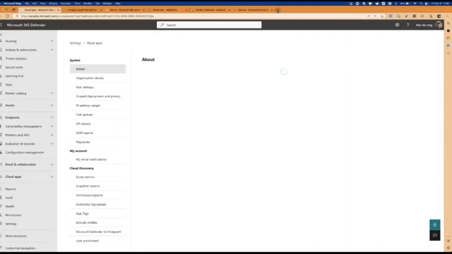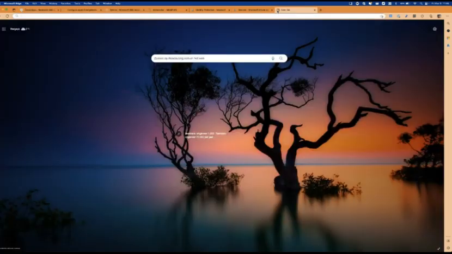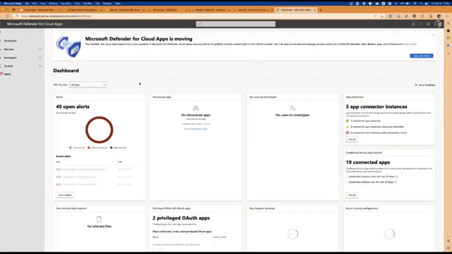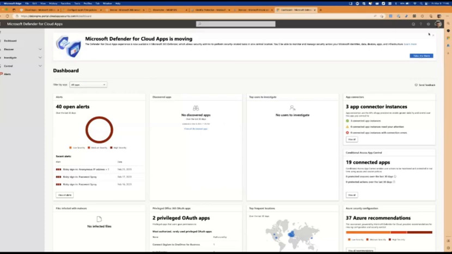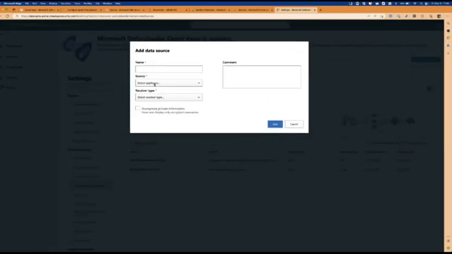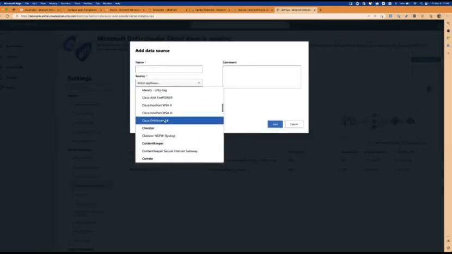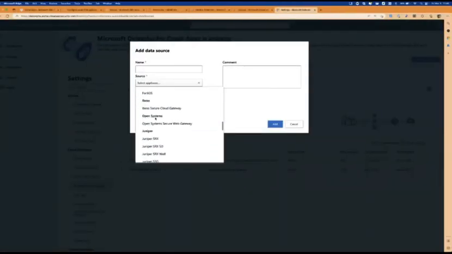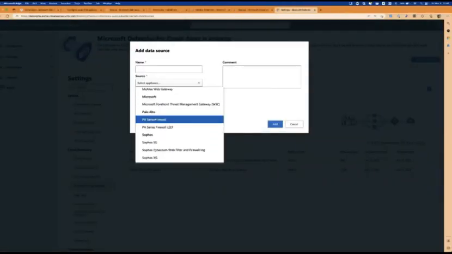But obviously, let me see if I can. I used to be able to do this from another portal, which is portal.cloudappsecurity.com. I'm not sure if this portal still exists, so let's just check it out. It seems so. So this is actually the old Cloud App Security portal, but if you go into the settings here, then you can go into also log collectors. And those log collectors, they allow you to add data sources, like, for example, third-party firewall appliances. Like, hey, if you are running some kind of a firewall appliance here for your on-prem or for your office network, then here we can go in and check out the different firewall appliances that we can add into this in order to